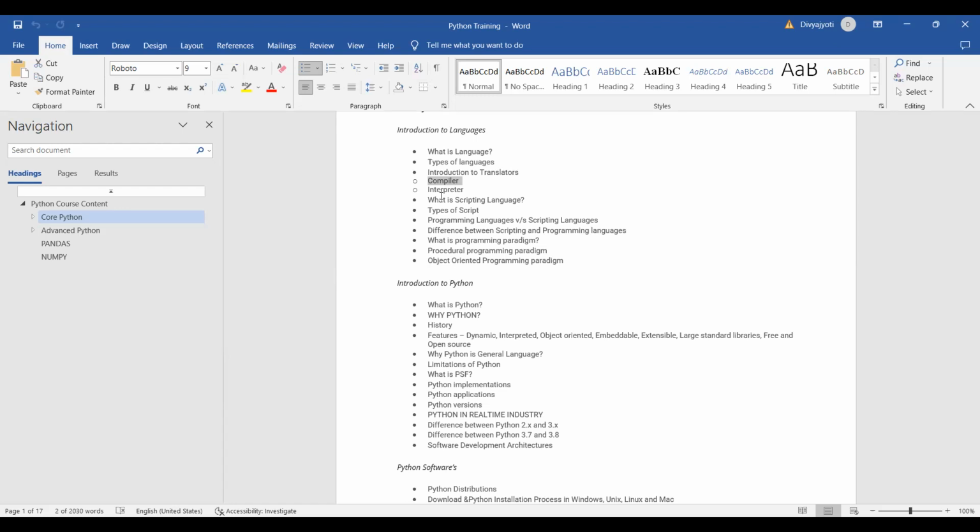Okay, so now we'll talk about scripting language. I told you we have a scripting language. I'll tell you what a scripting language is first. Just now you understood this when we were talking about compiler and interpreter. We have two types of languages: programming language as well as scripting language. So the scripting language is